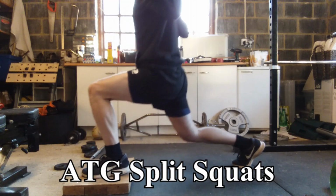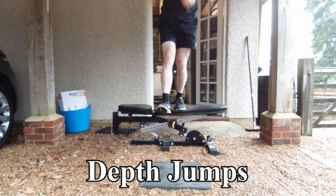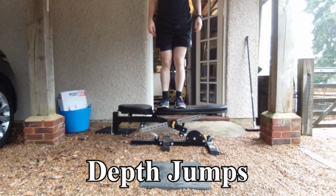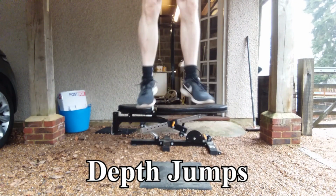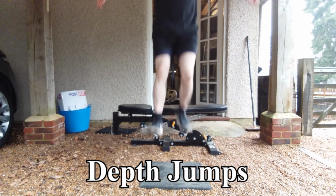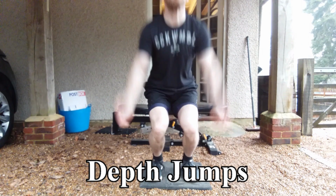Tuesdays are then depth jumps. The literature has this down as pretty much the exercise for vertical gains. I have a whole separate video on them. It's not a case of the higher the drop the better. At some point your body can't handle absorbing the impact and reversing the direction of the force to get off